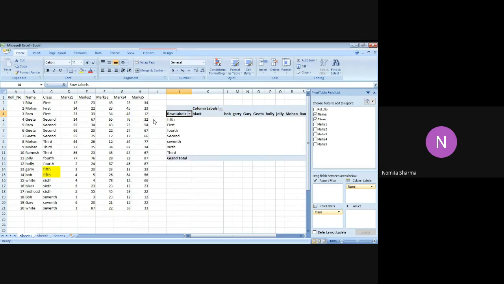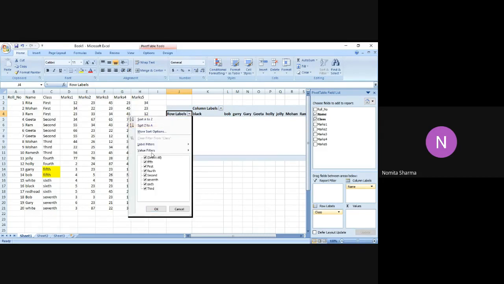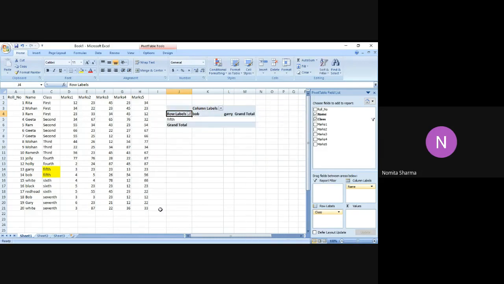I can sort them. I can also, let me just click on them. Okay, so it has already selected all. If I deselect them, let me see what happens. It can't be only one, it has to be all in any case. But let me see what happens if I select one. Okay, so it has only selected the 5th option as per my choice.